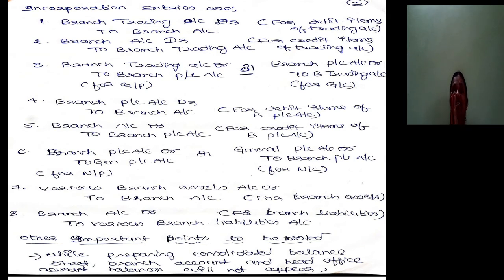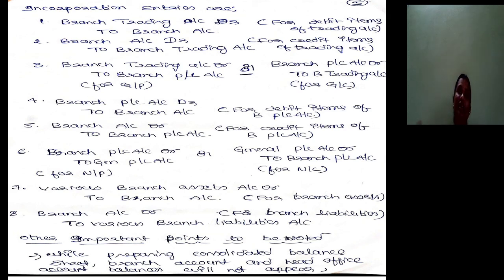So far, we studied what an independent branch is, what the features of an independent branch are, and we concentrated on the accounts and subsidiary books maintained by the branch. We started studying accounting in the books of head office. We came to know that the branch will submit a trial balance at the end of every year to head office. After receiving the trial balance in the books of head office, we need to pass adjustment entries for such transactions for which no entry has been passed so far. Then we need to incorporate the branch trial balance in the books of head office. For that, we need to pass incorporation entries only in the books of head office.